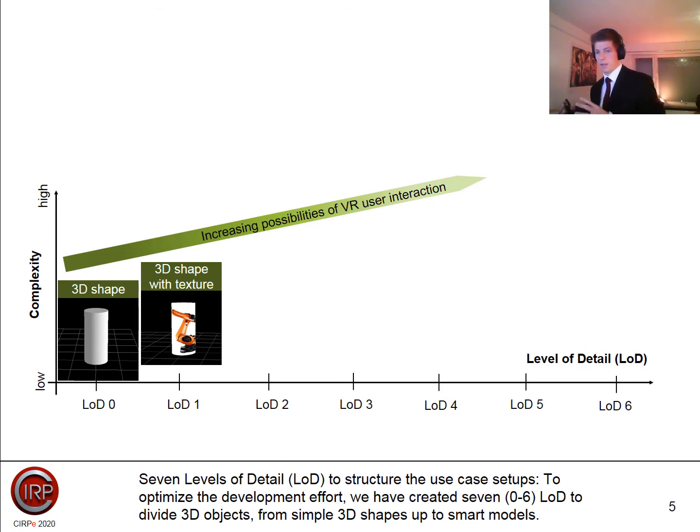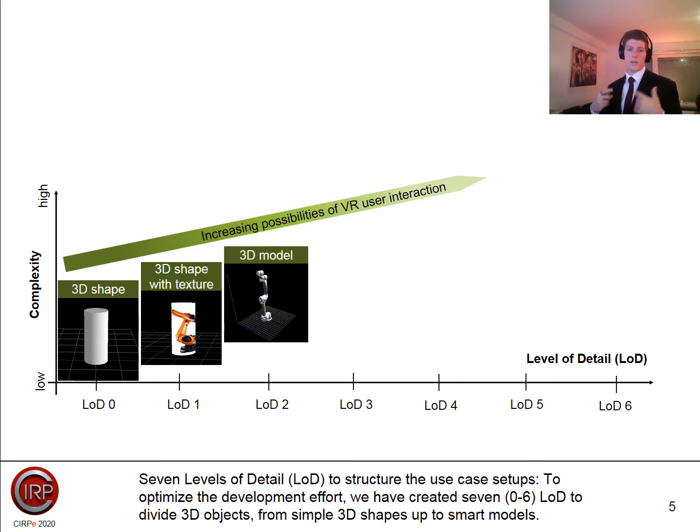And on the other hand, you don't need for every application the whole setup. So sometimes a 3D shape or 3D shape with a texture is enough. A 3D model, which you can download from websites, is sometimes also enough. With 3D models, you have to reduce sometimes the object size, so you can render it like in web application,